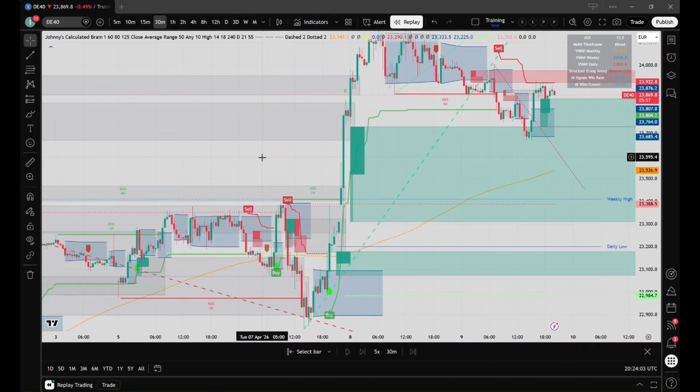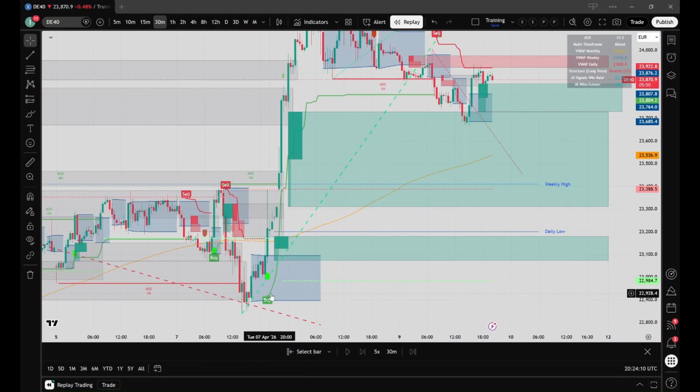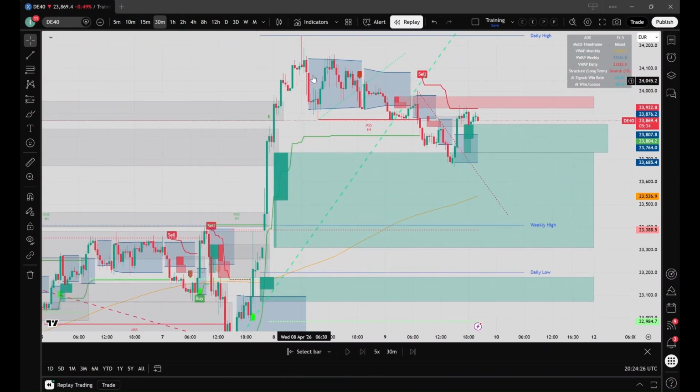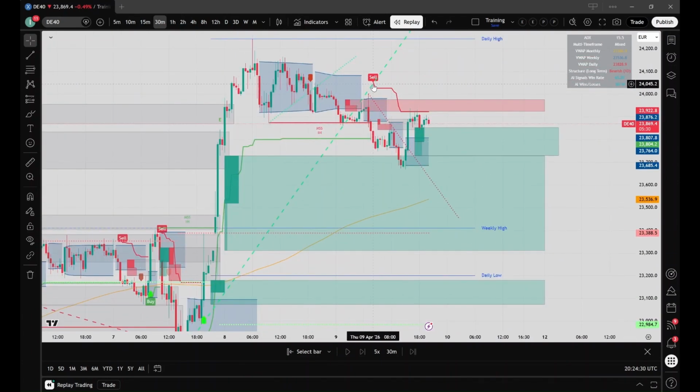Now, one other thing is Confluence. So this toolkit is also about Confluence, right? If Supertrend says buy, if the AI signal prints buy, if it's left the range box with a very strong candle, that's Confluence. That's the solid trade, as you can see here. Same thing here if you're bearish,